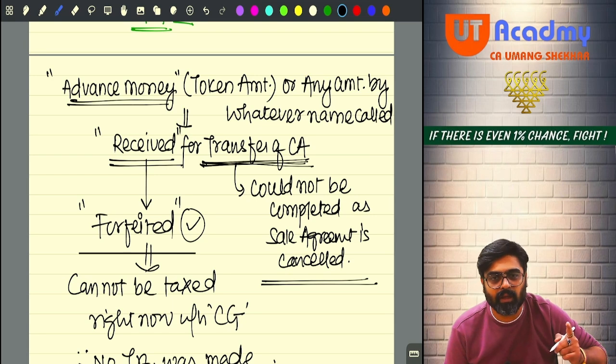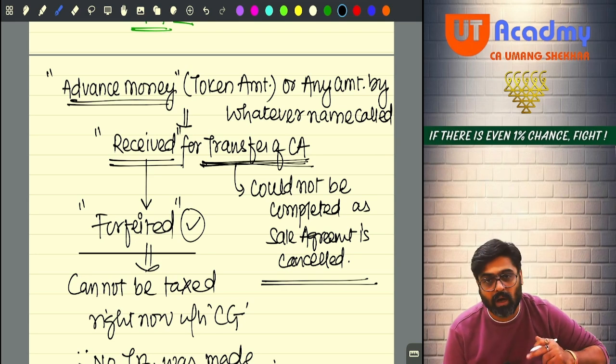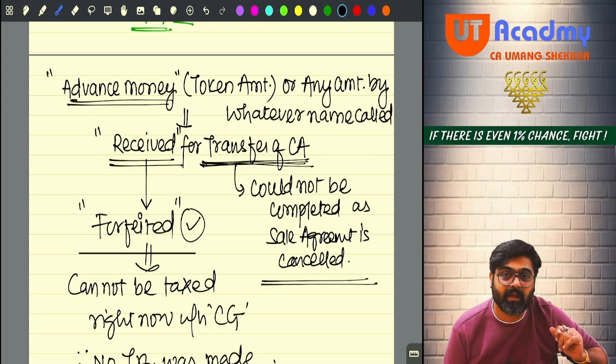So out of 50, if you would have reduced 30 lakhs cost, your capital gain would have been 20 only. But are you getting the reduction of 30 lakhs cost? No. Cost will be adjusted by 5 lakhs. So now your cost will be only 25. Out of 50, 25 will be reduced, and 25 will be your capital gain. Did you see your capital gain increased by exact 5 lakhs?